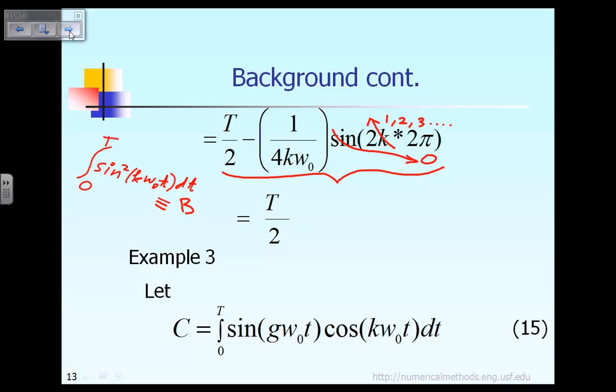That is the definition of B, and we just proved that it is equal to T over 2. So the relationship that I stated earlier, I have just proved again through example number 2. The next example, number 3,